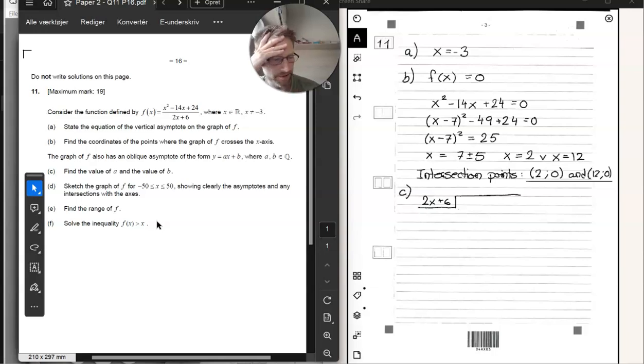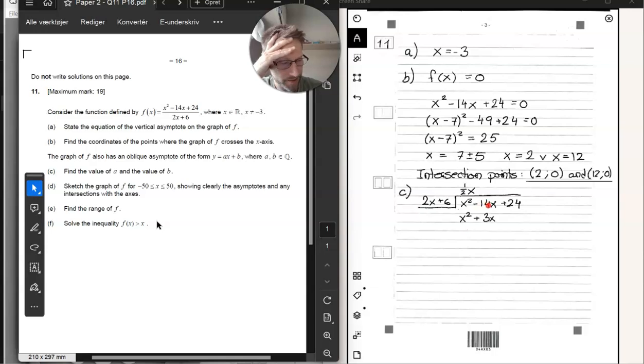How many times does this divide x squared minus 14x plus 24? First of all, how many times does 2x divide x squared? Well, it has to be multiplied with 1/2 times x. And when you multiply 1/2 times x on the divisor, we get x squared as we wanted, and we also get plus